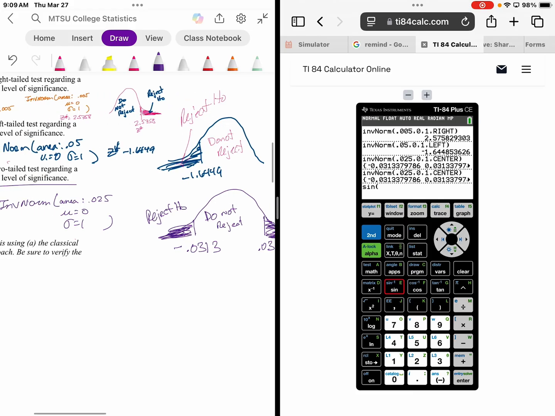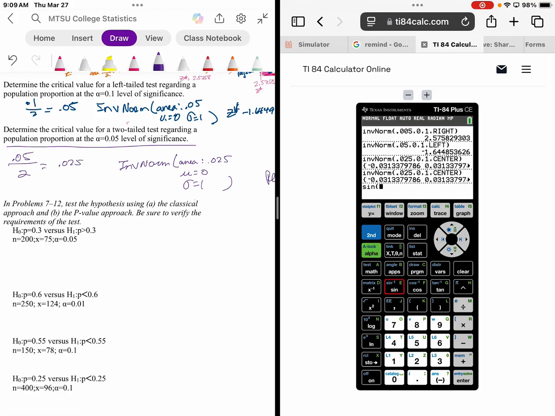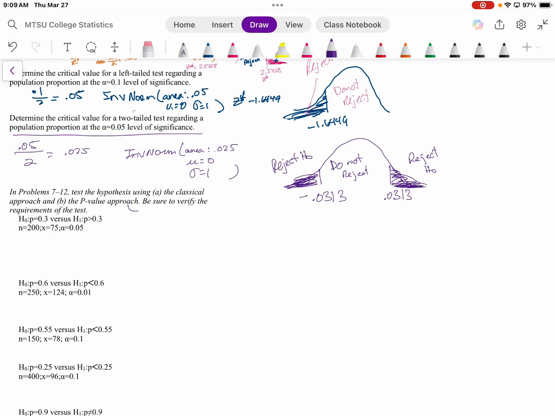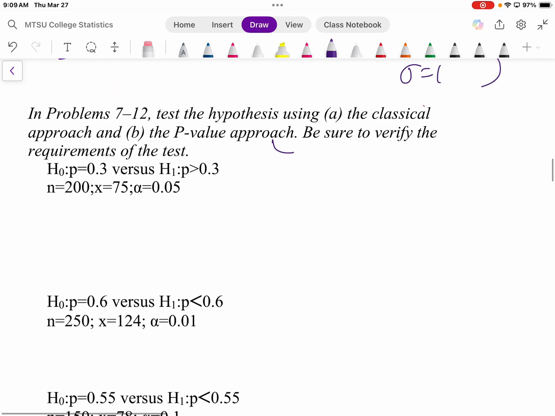All right. So next part here, we're going to work a few problems, testing the hypothesis. Again, we can use the classical method, or we can use the p-value approach using the technology. I'd rather just go ahead and use that if that's okay with you all. You all okay with using the TI-84 to do the p-value approach? All right. So with that in mind, we are going to do a one prop